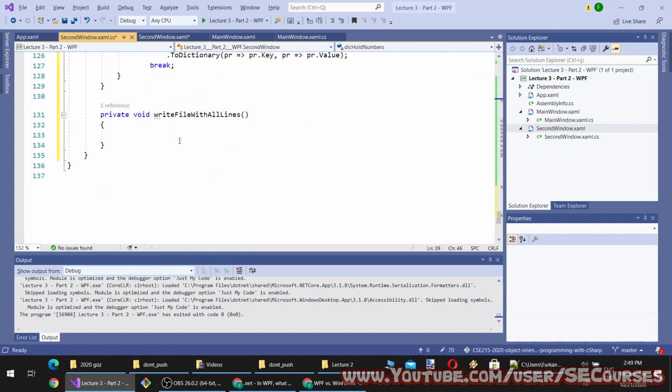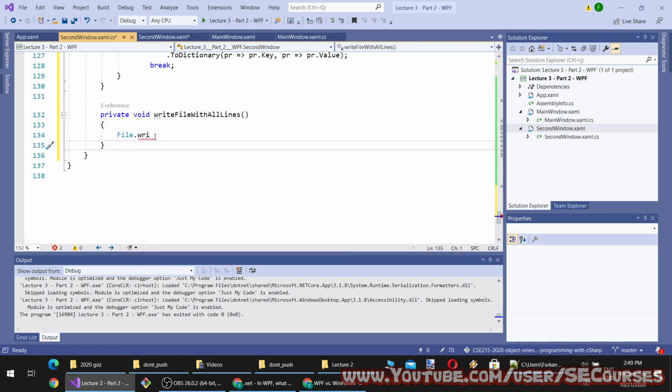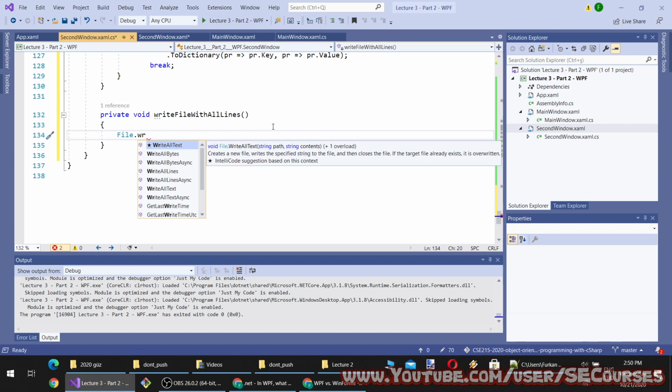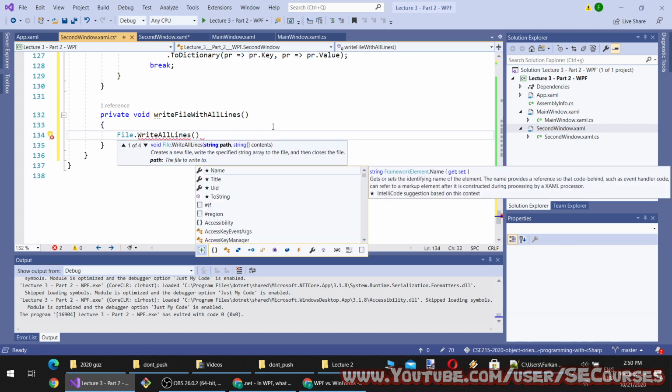Okay, so this method can also access that dictionary. So File has an extension method. I need to add first using System.IO to output. WriteAllLines